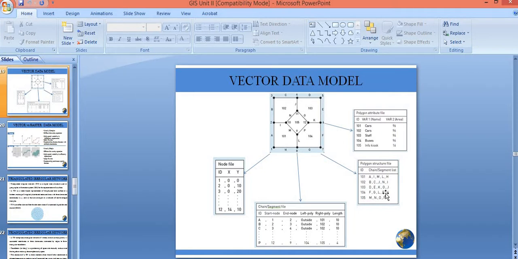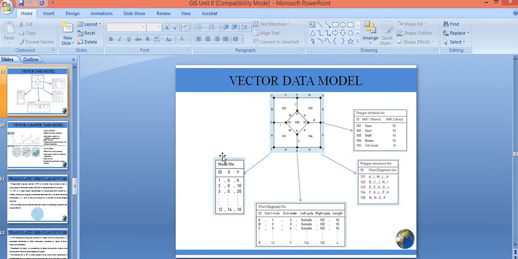And finally, if you want to store some information for each polygon, you can just store it here. Say for example, you have a polygon called 101. For 101, which are the lines meant for it? A, I, M, L, H. So that you are just storing here. And later you can store for what purpose this 101 is used. This 101 is used for representing the car parking. So you can just store it here.